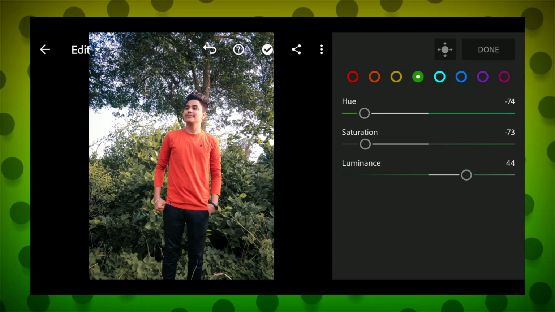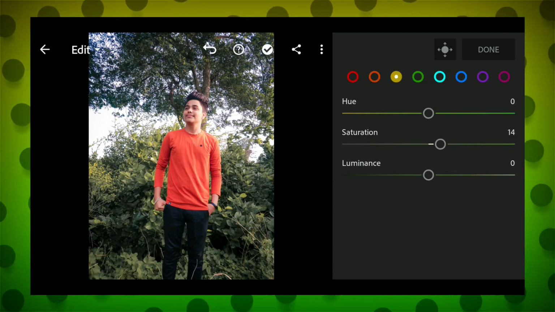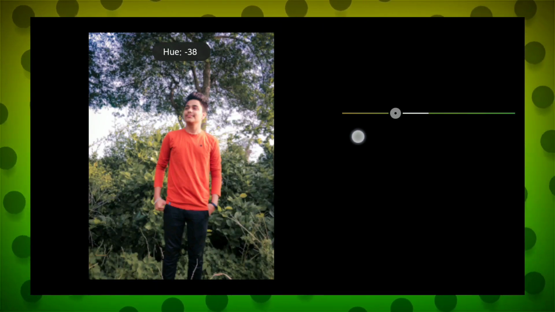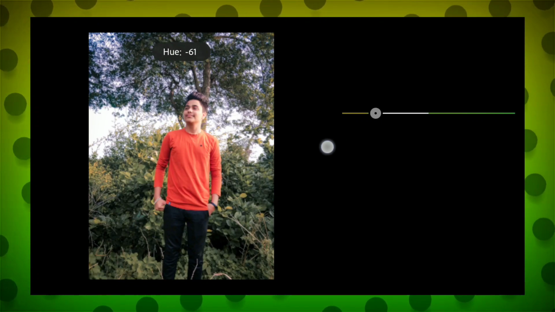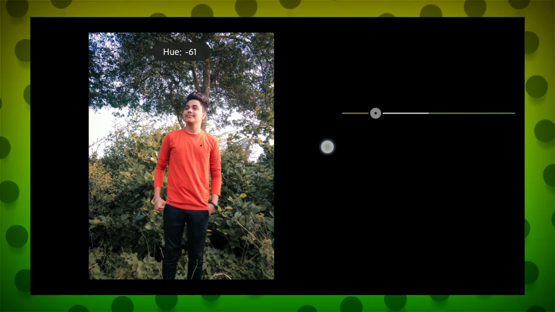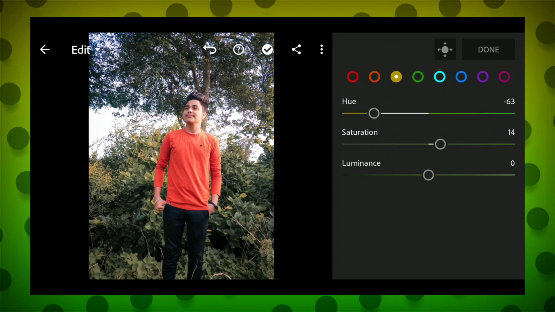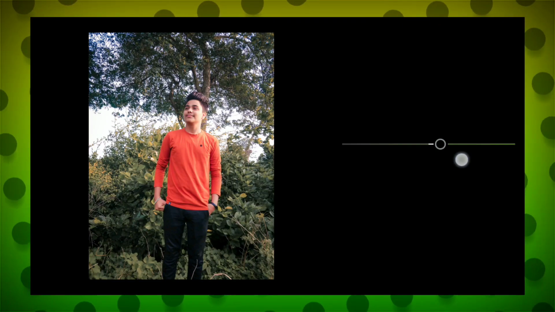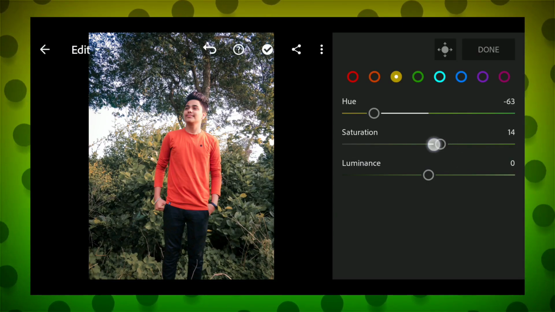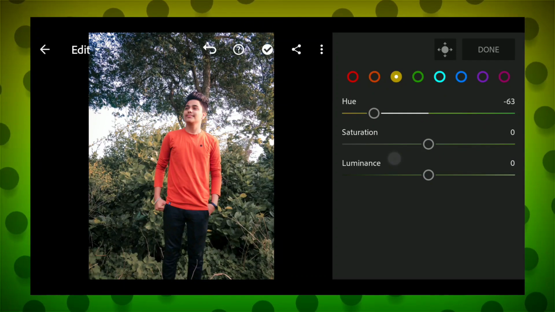Then go to the yellow color, decrease the hue so that you get a little bit of a yellow effect on the leaves. Then decrease saturation a little bit.